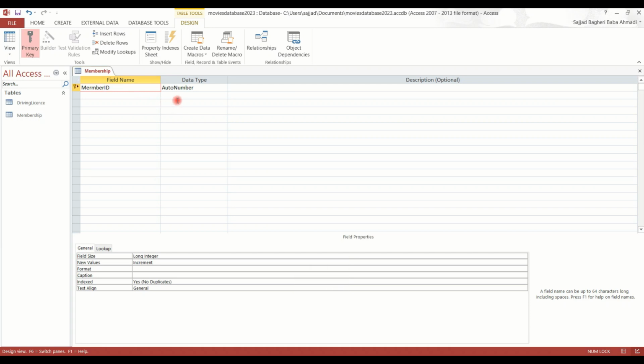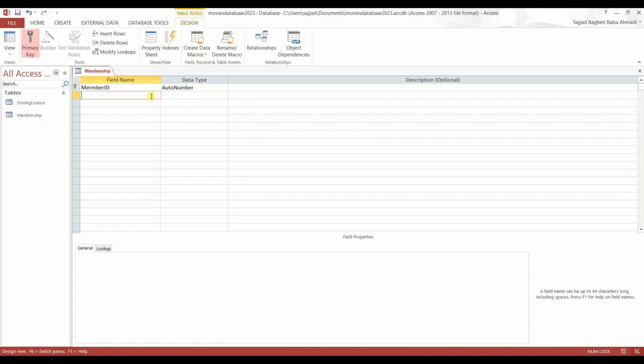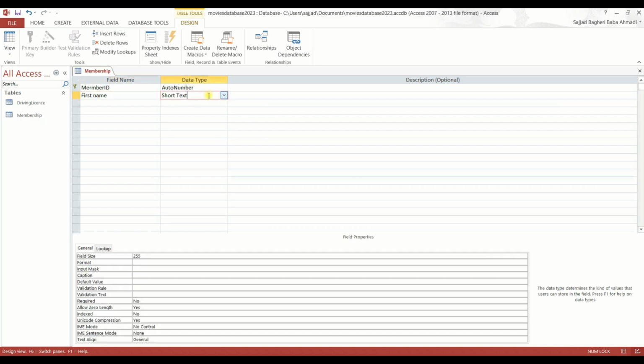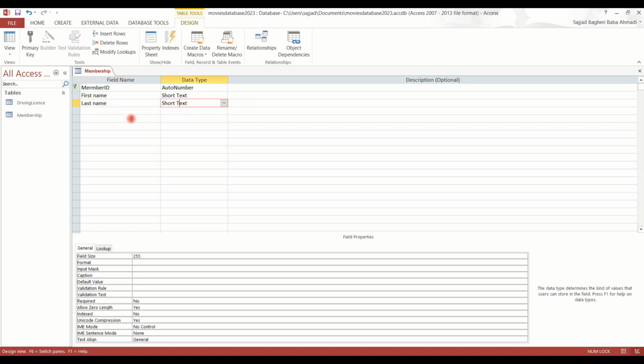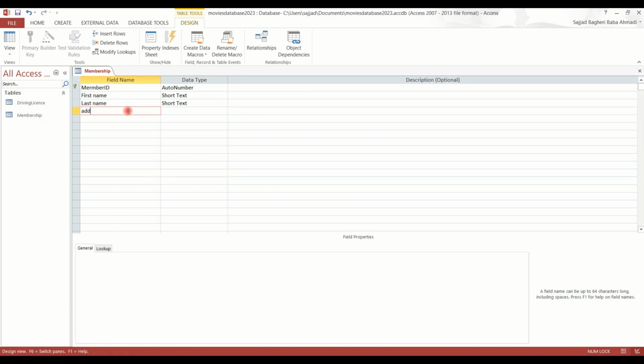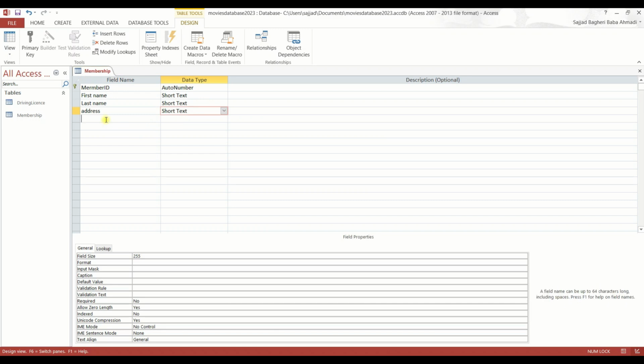The data type for this field is auto number, so it automatically gives a number to this field. The second one is the first name of that member. The data type is short text. Last name again, and here address, short text, for instance, phone number,